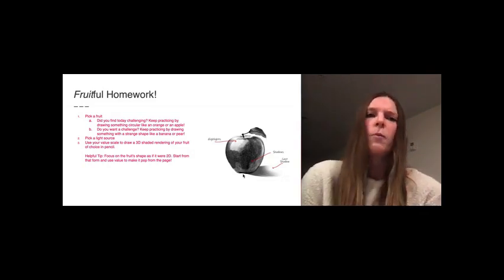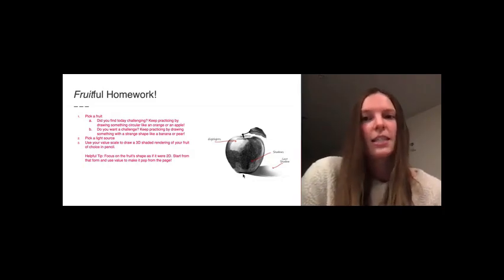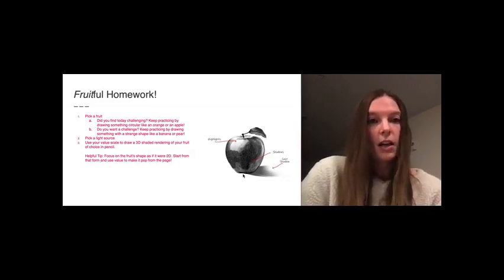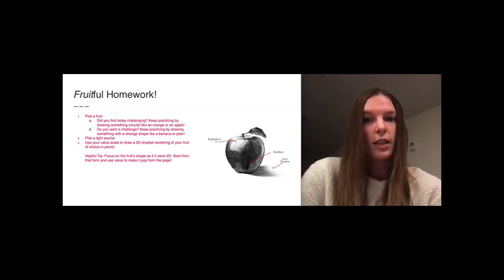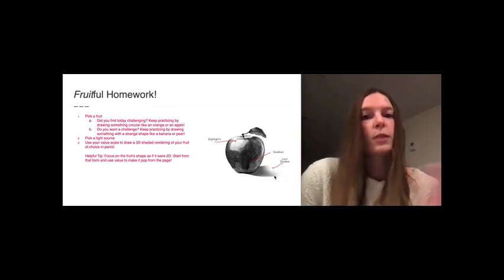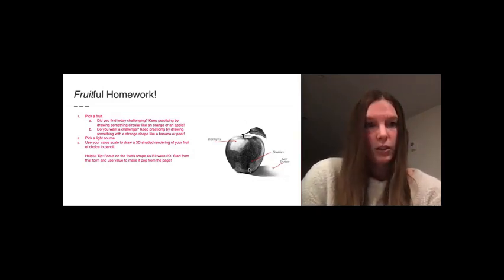Or if you're like, oh my gosh, I mastered this, I'm basically MC Escher, I got this, I want you guys to try something more complex and challenging, like a banana or a pear. So you're going to pick those forms. Remember, you're going to pick your light source. That's super important. And you're going to use the value scale that you made in class today. And you are going to draw a 3D version of your fruit, just like this one, with shadows, with the highlights and everything in pencil.